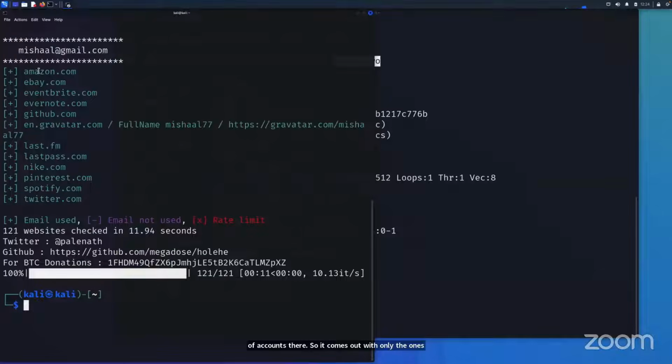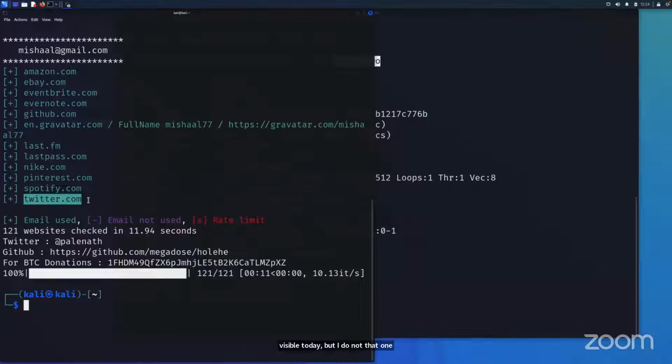So I know that this email has an Amazon account, an eBay, an Eventbrite, a GitHub, and so on and so forth. I don't know what those URLs look like, but I do know that it's registered against them because this tool goes out and sees if there's a registration against that email or not. So this is a good way of knowing that, hey, this person has a Twitter account. Now my job is to find it. I don't know what their Twitter handle is, but I know it exists. So it's a good way to kind of pivot off of an email address to accounts that may not be publicly visible today, but I do know that one exists.